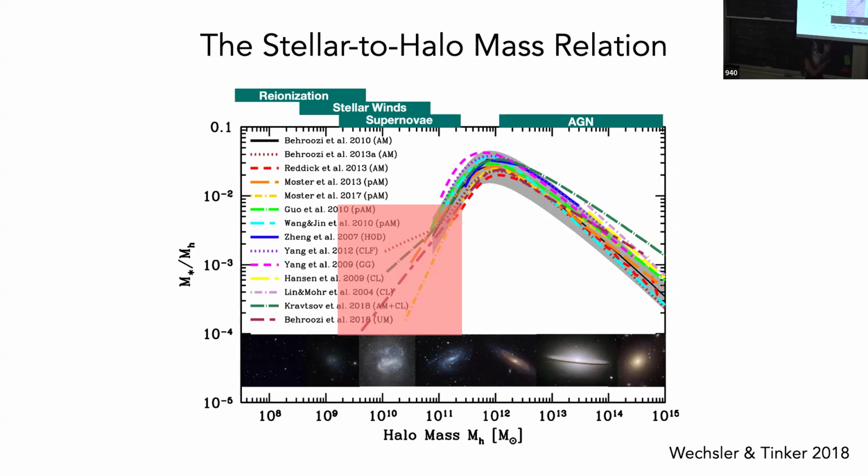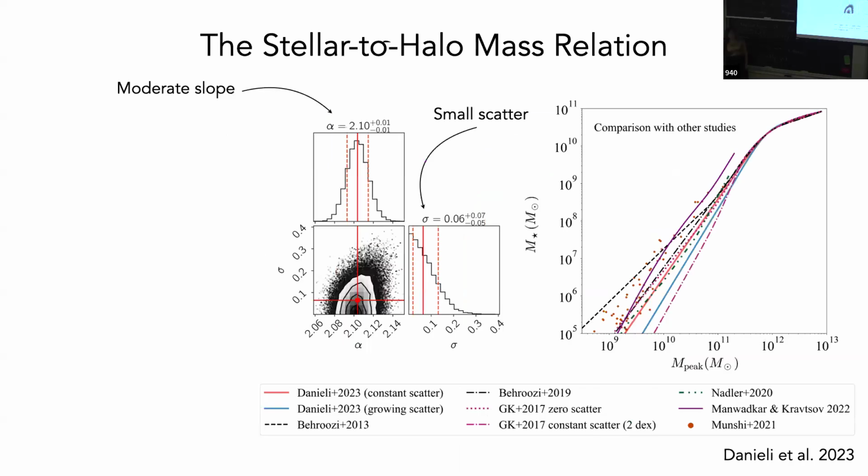But what we can do is sort of repeat what people have been doing with abundance matching, right? You take your sample of dwarf galaxies, you take a simulation, try to match them and constrain the slope and the scatter. This is extremely hard, right, Jeremy? But we had this nice sample, 300 satellites stacked together. So to skip the details, that's what we did, and this is what we found.